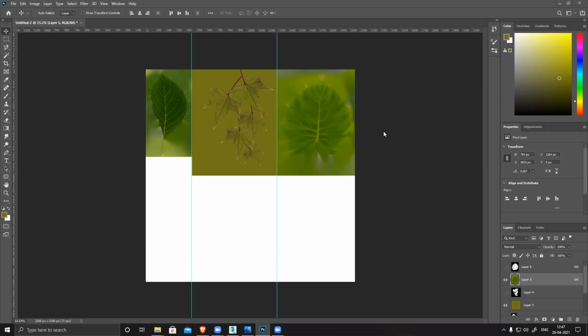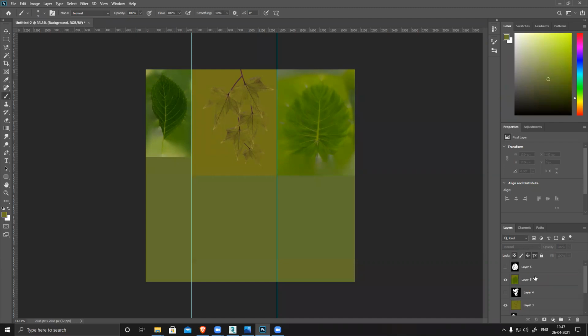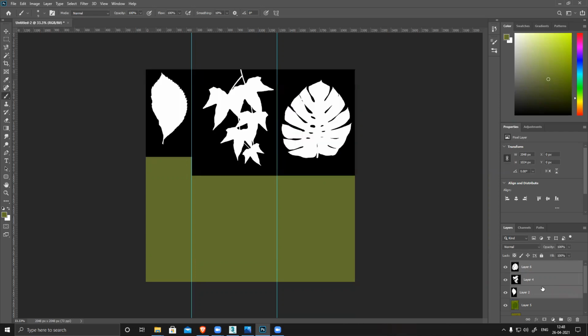These three leaves are ready. So now this is my final texture. And this background, I'll pick this color and fill it in the background so everything remains similar. Now, all alpha, I'll keep them together and then select them and merge them. Oh, I have to unlink them, then I have to merge them. And they are not visible. Control E, merge them. So my alpha are ready now.